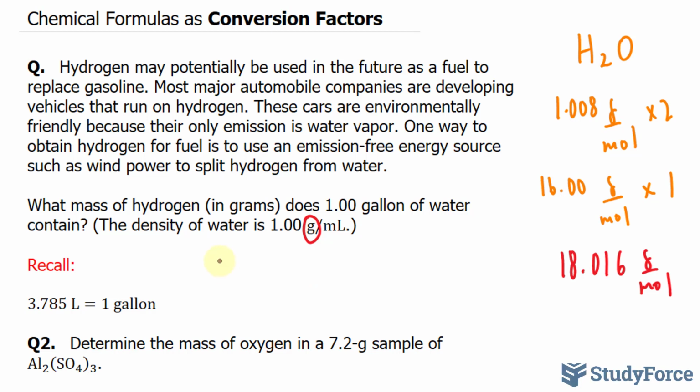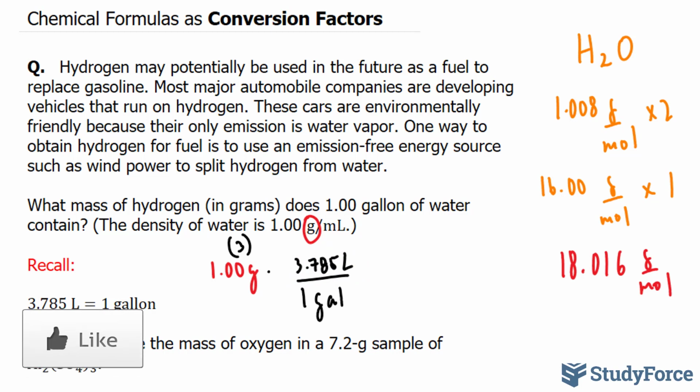Here's what I mean. I'm going to take 1.00 gallons of water, which is 3 significant figures, and multiply that by this conversion ratio. Notice that this conversion ratio can be manipulated in 2 ways. I could put gallons at the top, or I can put it at the bottom. I'm going to put gallons at the bottom, so 1 gallon at the bottom, and at the top I have 3.785 liters. The reason why I did it this way is so that this unit, which should read gallons, cancels out with this unit and we're left with liters. So 1 times this number gives us